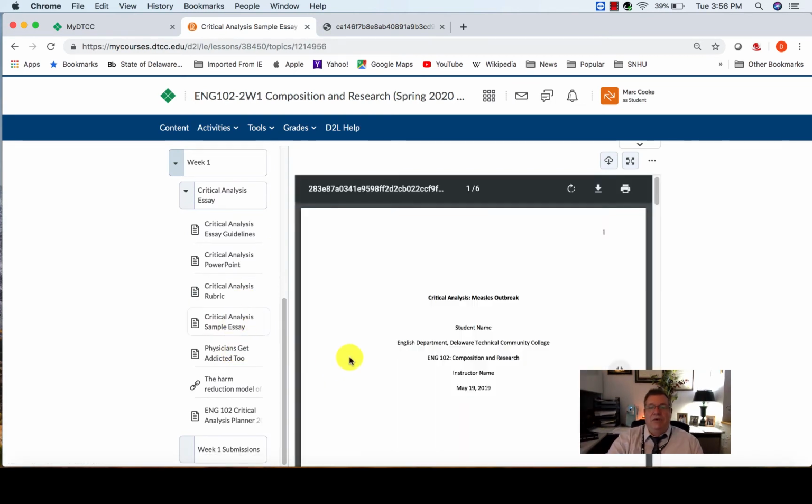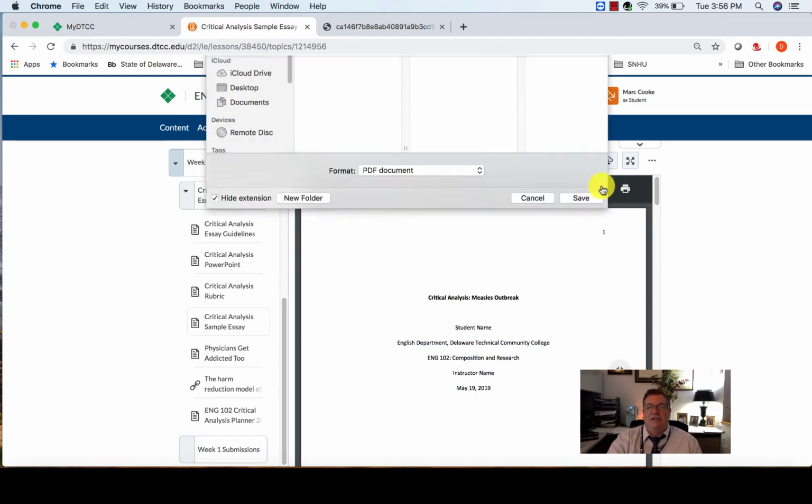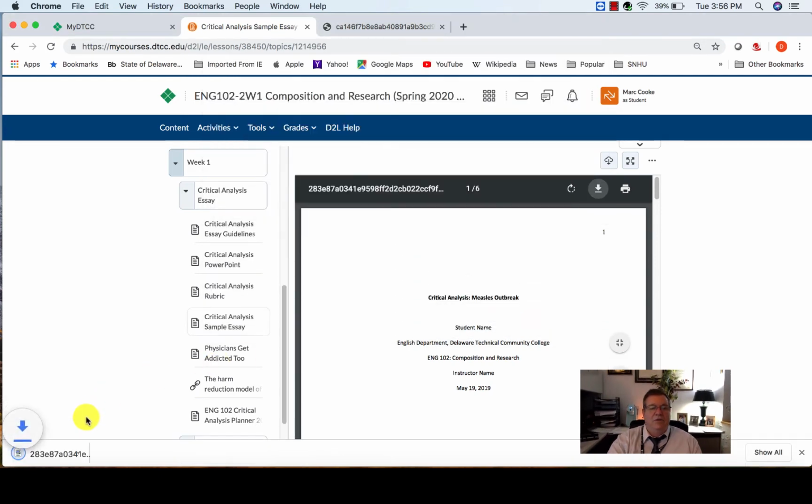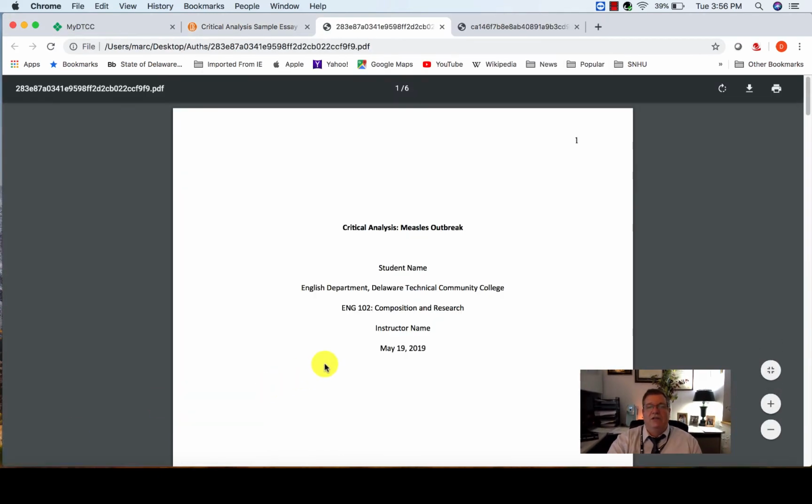So there is a sample essay, and I suggest that you look at the sample. I'm going to open it up and just show you. So this is APA 7. We'll go more about this next week, but you'll see running head is gone. So you just insert a page number, which is a lot easier. You have the title of the paper, which is in bold.